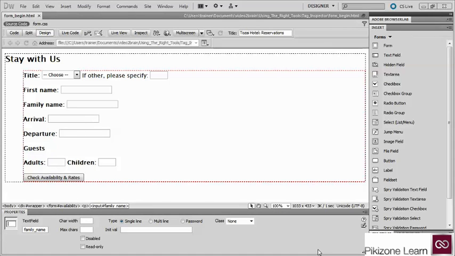HTML5 not only adds new tags such as header, footer and nav, it also increases the number of attributes that can be applied to elements. This is particularly true with regard to forms. Although Dreamweaver CS5 supports all the new tags and attributes, you need to look beyond the Property Inspector to access